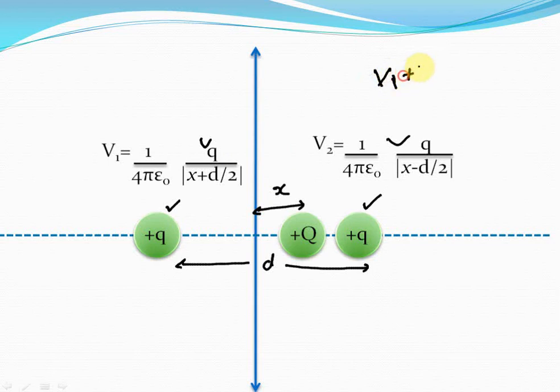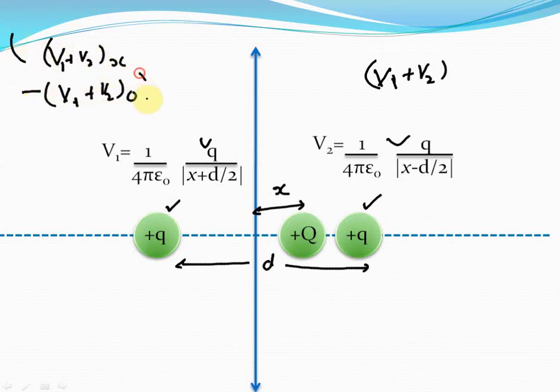Now to calculate the potential energy change in charge plus q, we can calculate the value of v1 plus v2 at x, and we can calculate v1 plus v2 at the origin. Then the difference between these two potential values into the charge capital Q will be equal to the change in potential energy, isn't it? And that will be our answer for this question. So let's calculate this difference by calculating the potentials of the two charge system at the point that's at a distance x from the origin and at the origin.